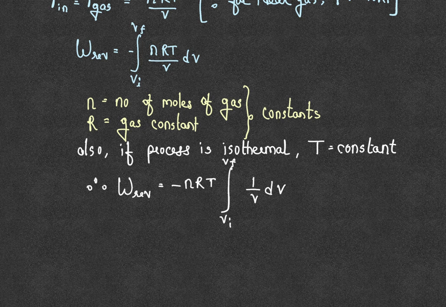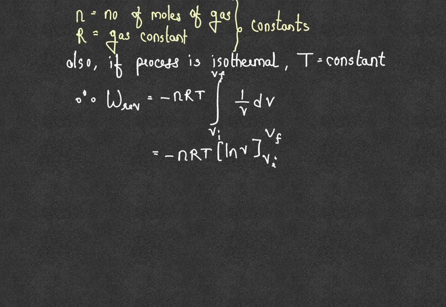It's ln V. So we put minus nRT into ln V, with limits VI and VF. So now, what would that be? Minus nRT, ln VF